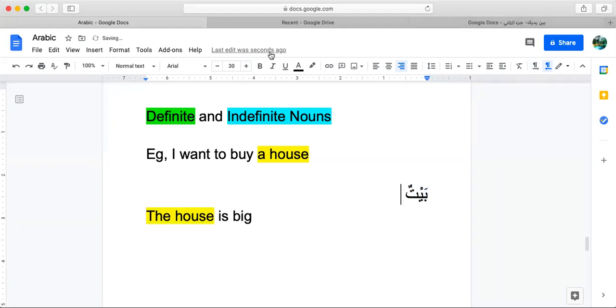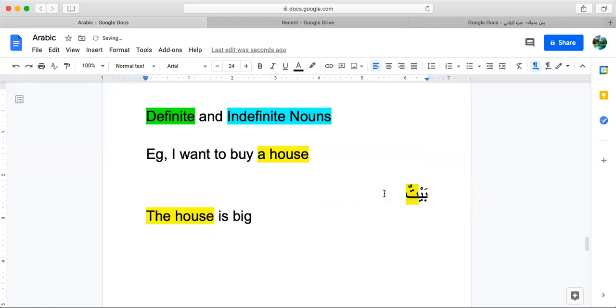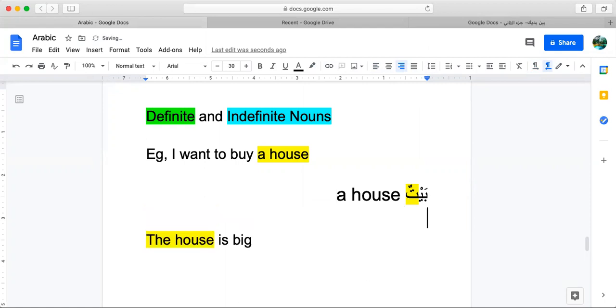What we recognize straight away is that the ending has two vowels, the tun at the end. Baytun basically means a house. This is a good way of recognizing an indefinite noun. It has two vowels at the end,